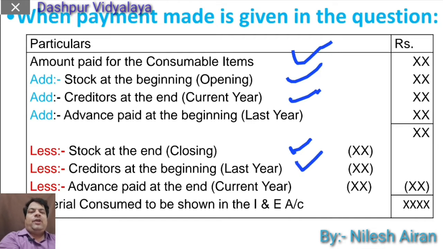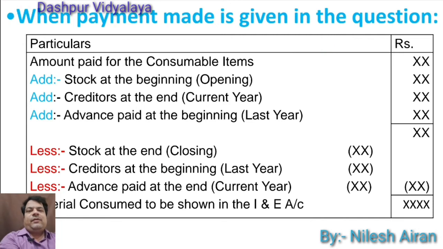Advance paid during the previous year, that is, last year if we have made any payment, it means we used the material this year only, so that amount will be added. And if we have paid the money in advance during the current accounting year, it means this amount is related to the next accounting year, so it is deducted. It means here also whatever amount we have paid for the current accounting year will be recorded in the addition, and whatever amount we have not used during the accounting year will be deducted.